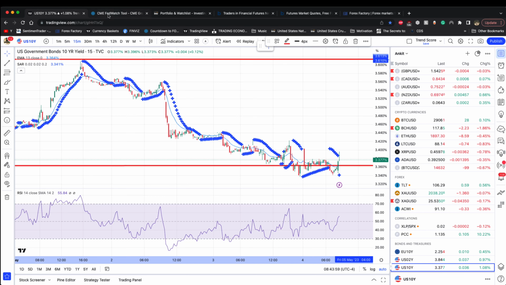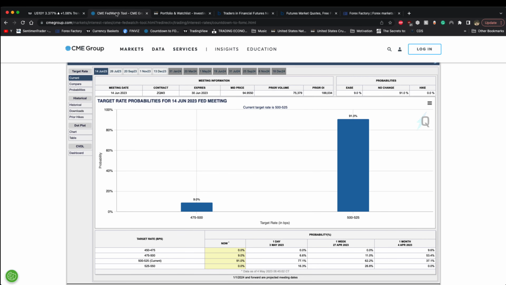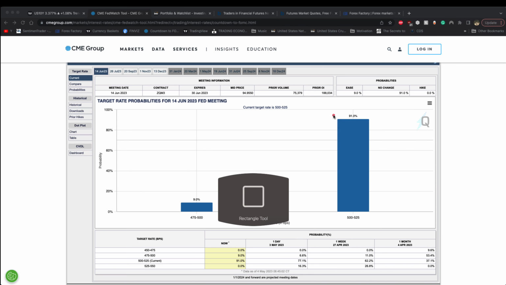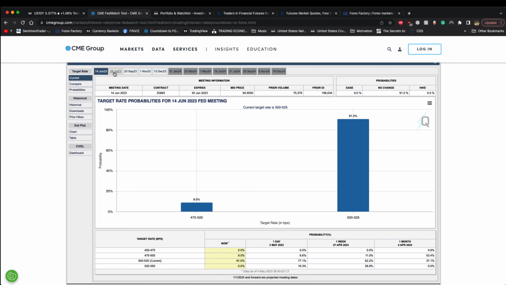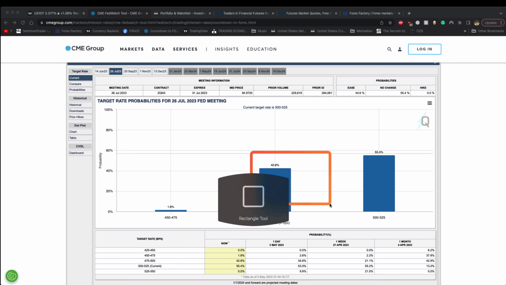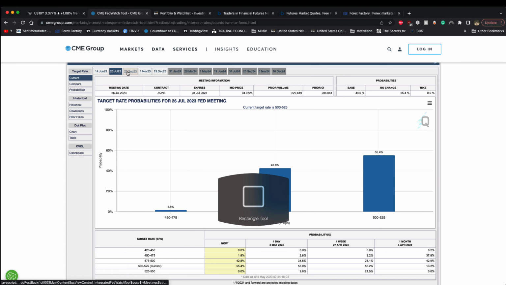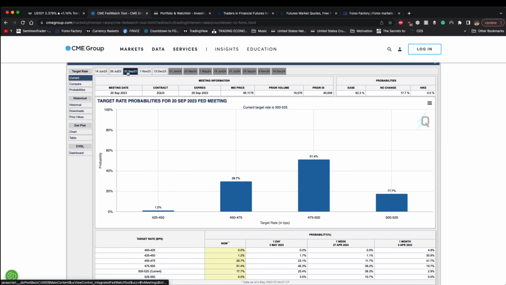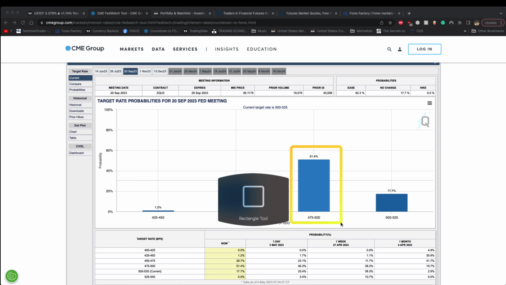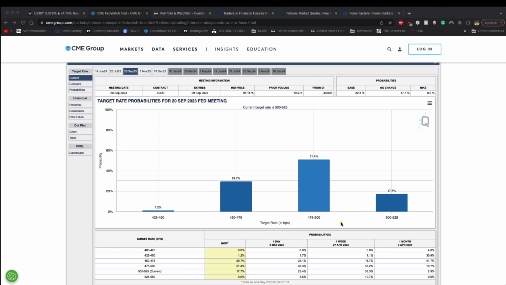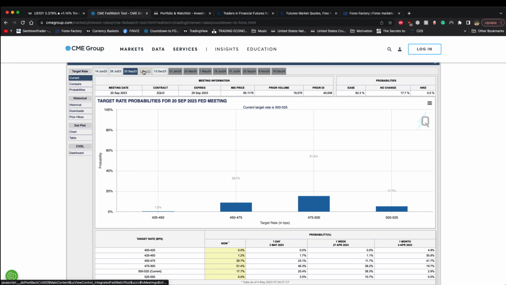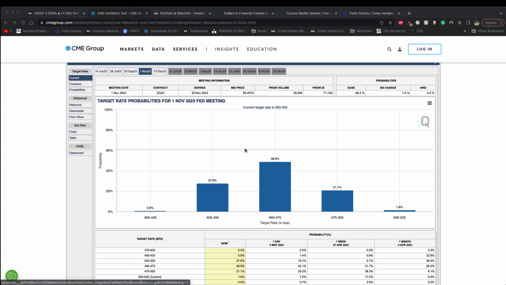What I find interesting is that the Fed chair was very clear on not cutting interest rates this year. But if you look at the Fed futures right here, you can see the expectation for the next meeting again is to hold rates at 5 to 5.25%. Now going to July, there is a 50-50 or a bit more on the hold versus a cut. Now you go into September, you are seeing how the bets are changing. Now in September, this is telling us that the market is expecting a rate cut. Looking into November, they're expecting another rate cut.